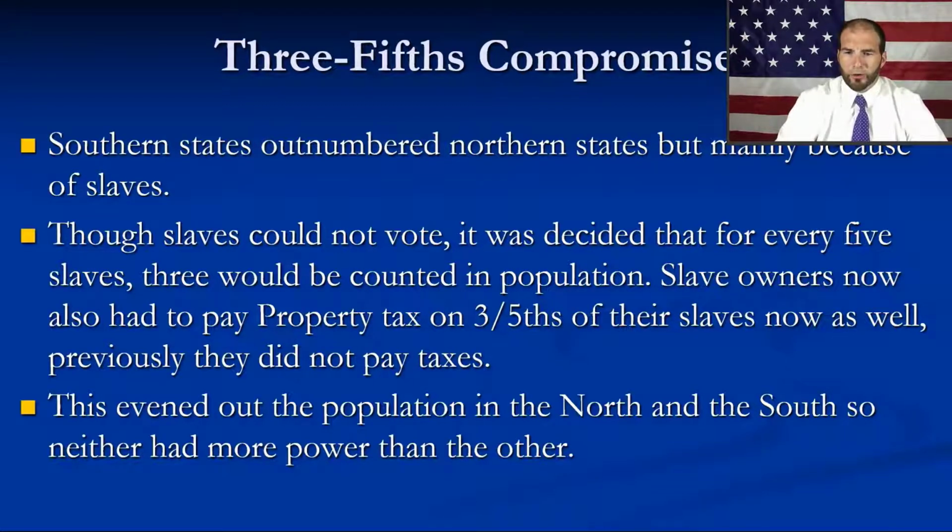Not only that, the North is like, wait a minute. Aren't slaves property? And the South is like, yeah. And they're like, so property tax is a thing, and y'all ain't paying property tax on the slaves that y'all consider property. Now, that would be a lot of money the South would have to spend. So the slave owners are like, shut up, don't talk about that. They don't want to talk about taxing slaves, because that'd be crazy expensive, because slaves are very, very expensive. So the taxes on slaves would be really high. So they argue and they argue and they argue. They probably get up, fist fight. George Washington has to tell them to sit down and shut up. And then they're going to come up with a Three-Fifths Compromise.